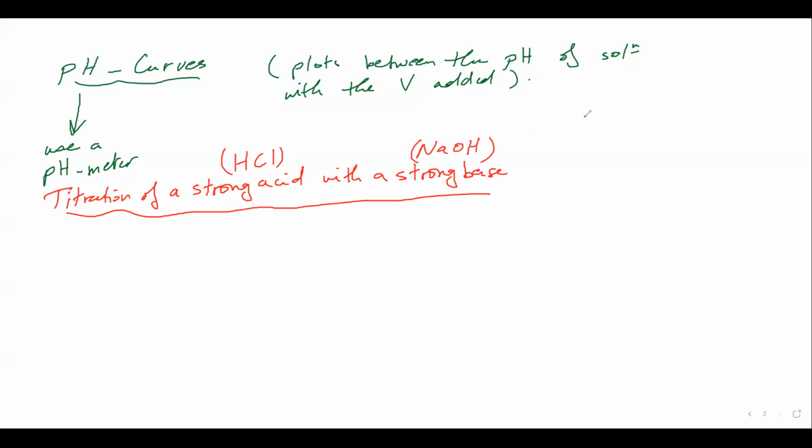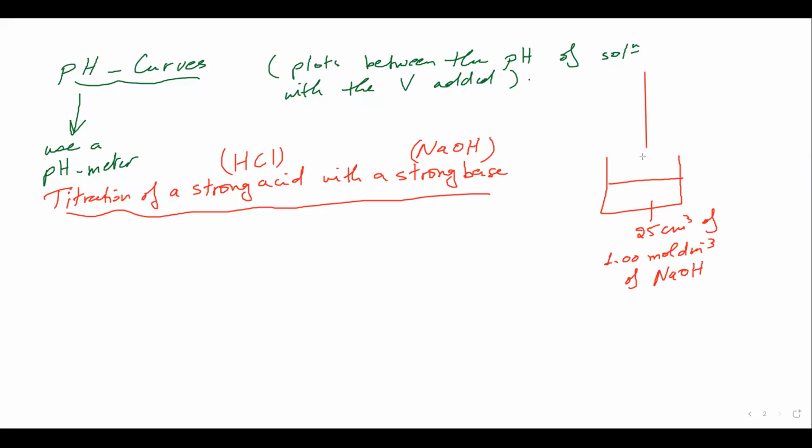So if we start here using our beaker, and we add 25 centimeter cube of 1 mole per decimeter cube of sodium hydroxide, for example, using a pipette, of course,